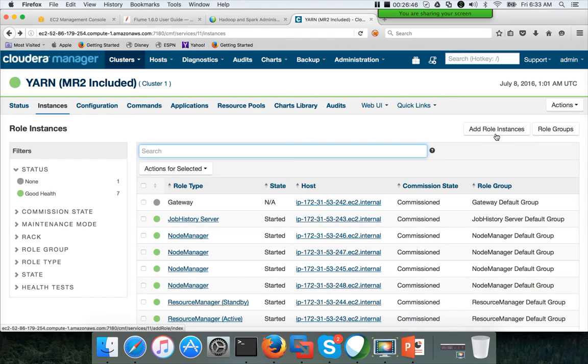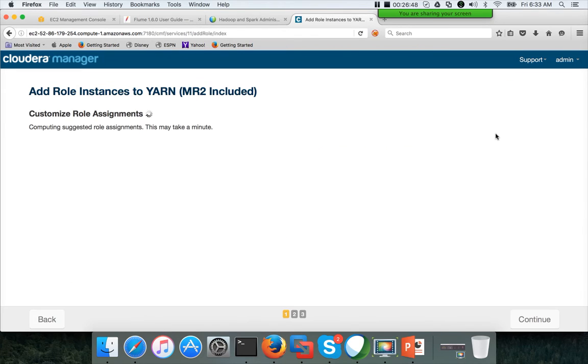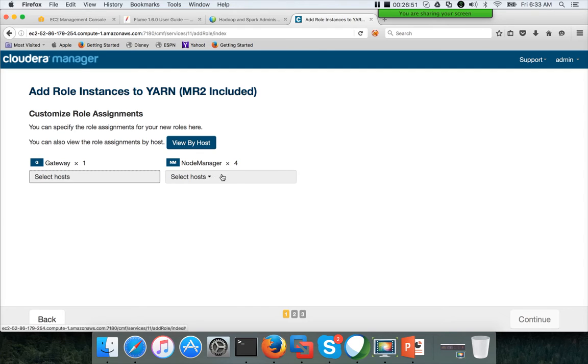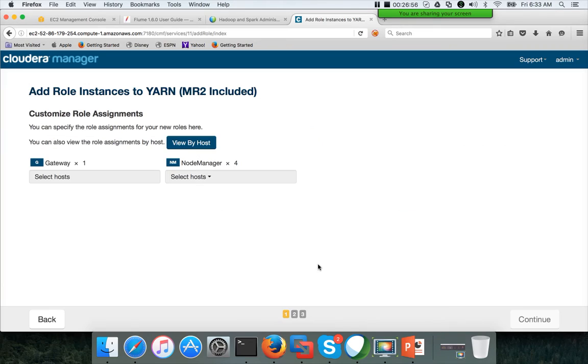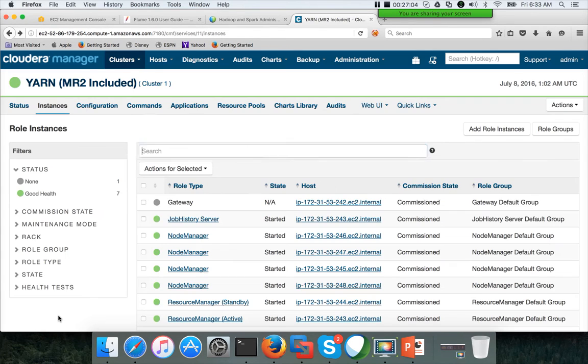If something is misconfigured, if you want to replace those things, you have to click on that and you can change the node managers, you can change the gateway nodes here. Masters will not be manageable from add role instances. Only the gateways and the slaves can be reviewed and changed by clicking add role instances. And this will be there for almost every tool. As long as you are aware of this very important button, that is more than enough if you want to change the cluster configuration once the cluster is set up.